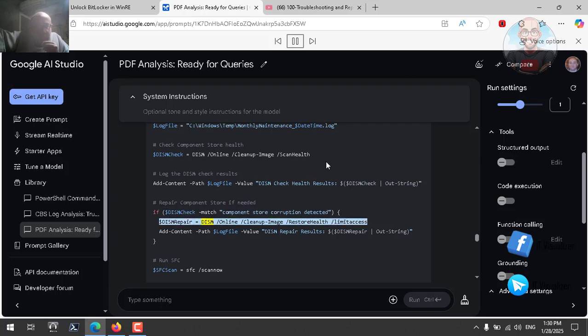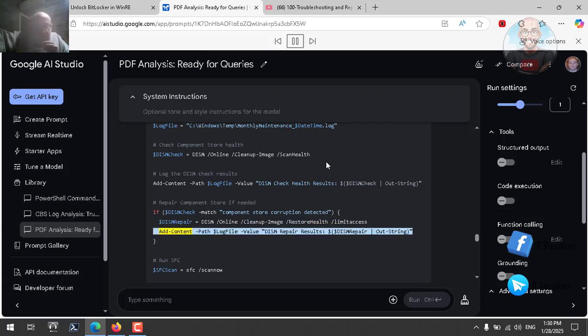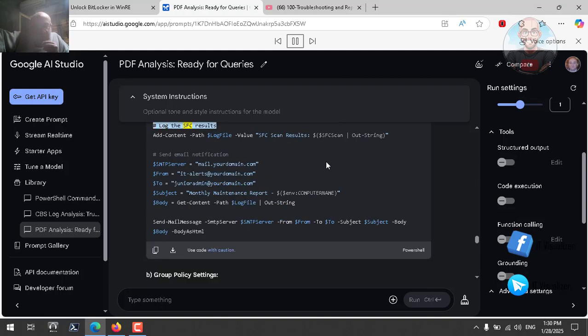$dismRepair = DISM /online /cleanup-image /restorehealth /limitaccess. Add-Content -Path $logFile -Value "DISM Repair Results:" $dismRepair | Out-String. # Run SFC: $sfcScan = sfc /scannow. # Log the SFC results: Add-Content -Path $logFile -Value "SFC Scan Results:"